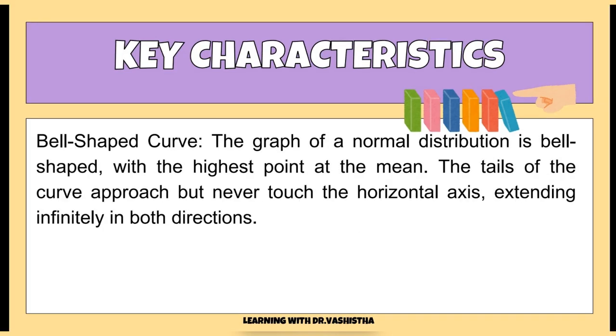And the next is the bell-shaped curve, as we already studied a little about it, that the graph of this normal distribution is bell-shaped. Why is it so? Because the highest point is at the mean, because most of the data is centered around the mean. The tails of the curve approach but never touch the horizontal axis, the x-axis,